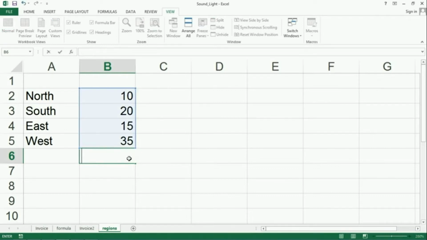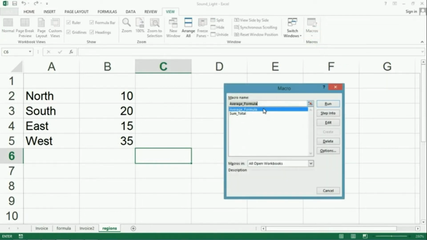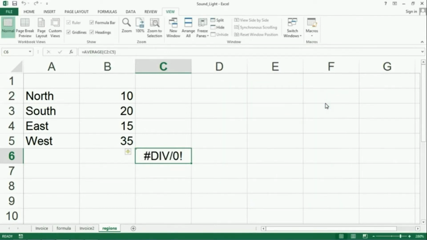Just clear the formula from there. I'll put my mouse over here in C6 and then go to macros, view, and run the formula again. Oops, we've got an error because I'm using absolute referencing, meaning that it's working out the formula for where I